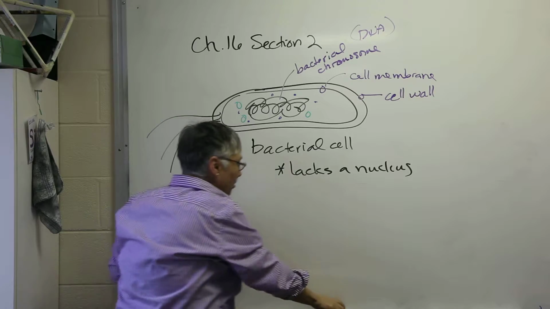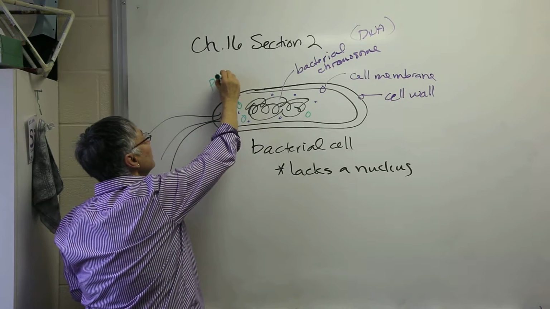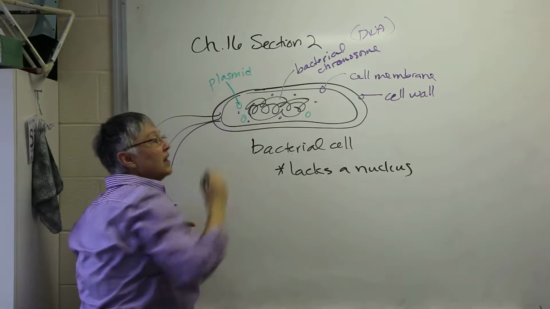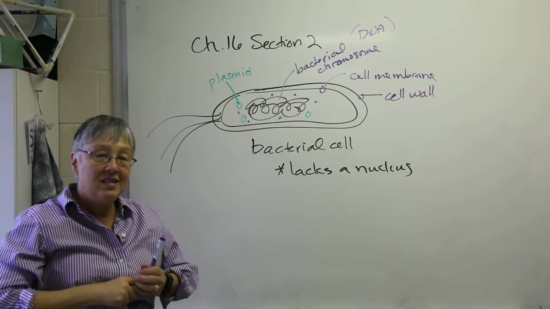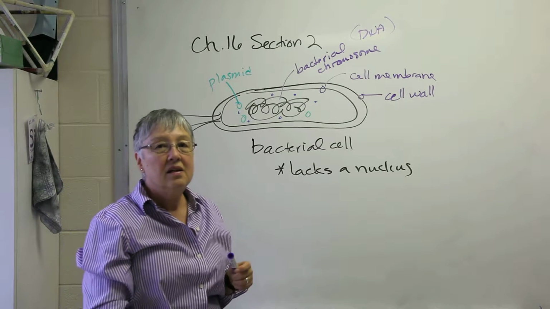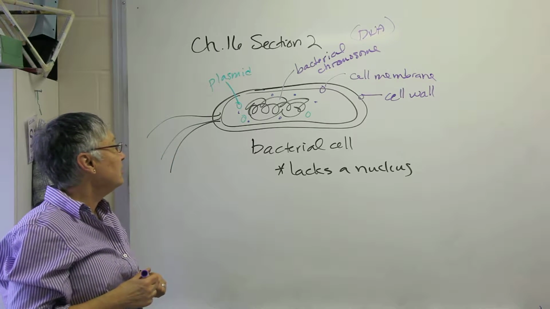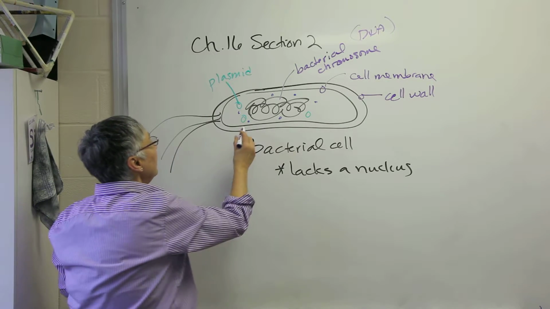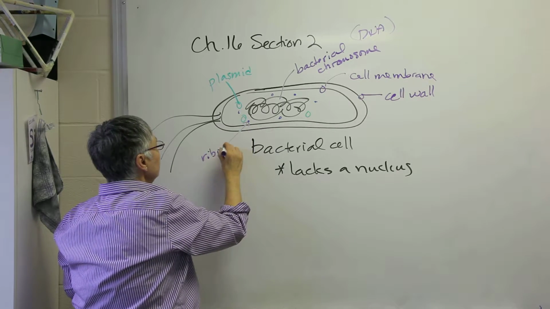There are small circular pieces of DNA that we've talked about before that are called plasmids, and they sometimes carry resistance to antibiotics. They're also used in cloning, as we talked about earlier. These small dots represent ribosomes,